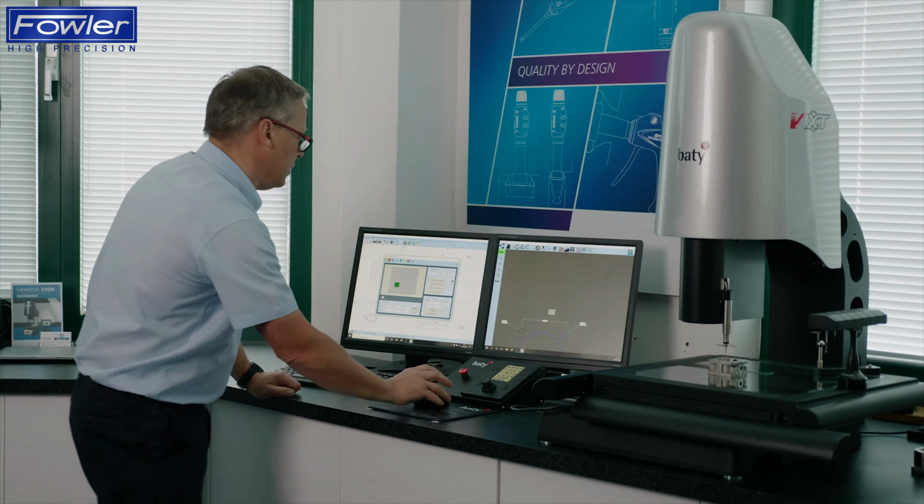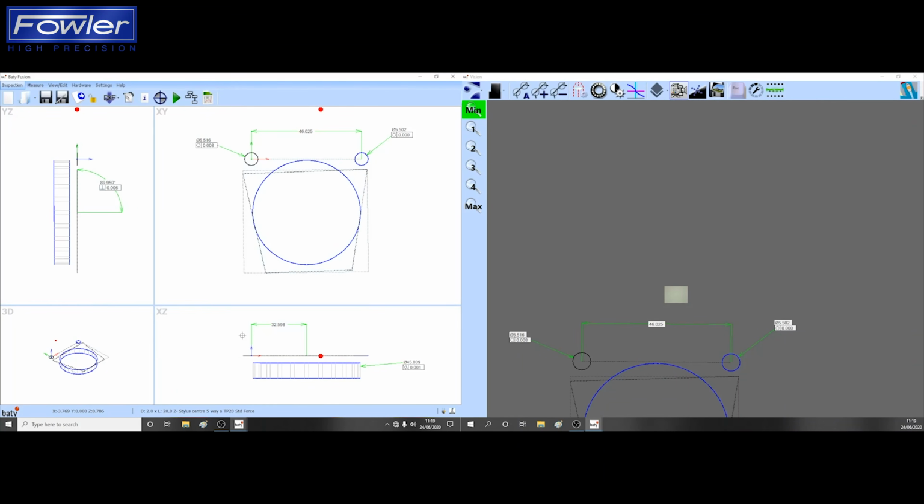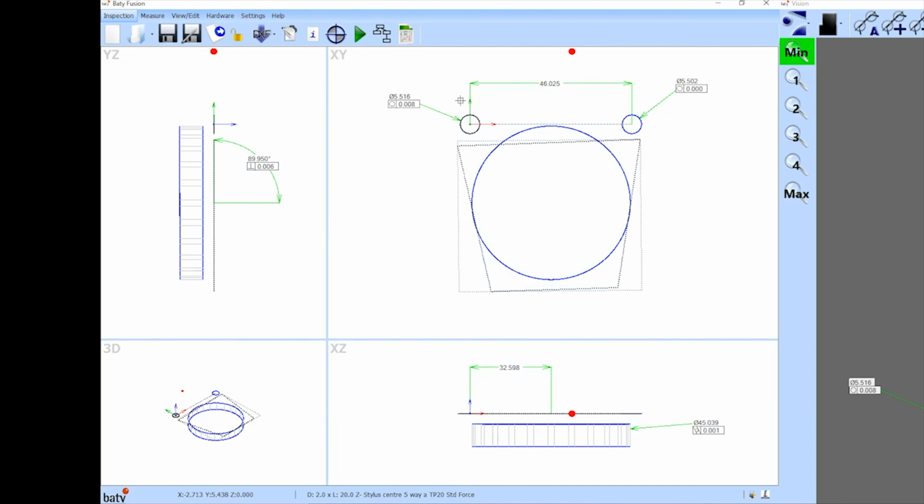The reference feature in this case, just to confirm, we can see with the graphic here, the reference feature is the top left-hand corner there. We have a plane on the top face of the part. We have a reference feature here to determine the origin, and we've got an alignment between that and the circle to the right. So if I put the touch probe in the center of that circle, around about level with